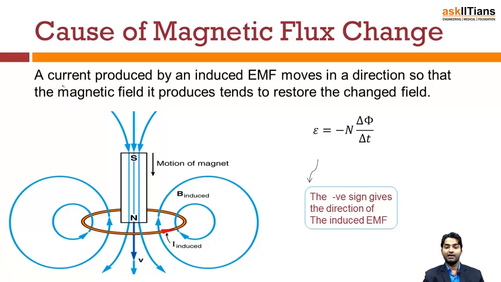Next case: a current produced by an induced EMF moves in a direction so that the magnetic field it produces tends to restore the changed field. It means that when we bring this magnet towards this coil, the coil would like to oppose any change due to the magnet moving towards it. Initially the galvanometer shows 0 deflection. When you bring the magnet closer, what will happen? Deflection